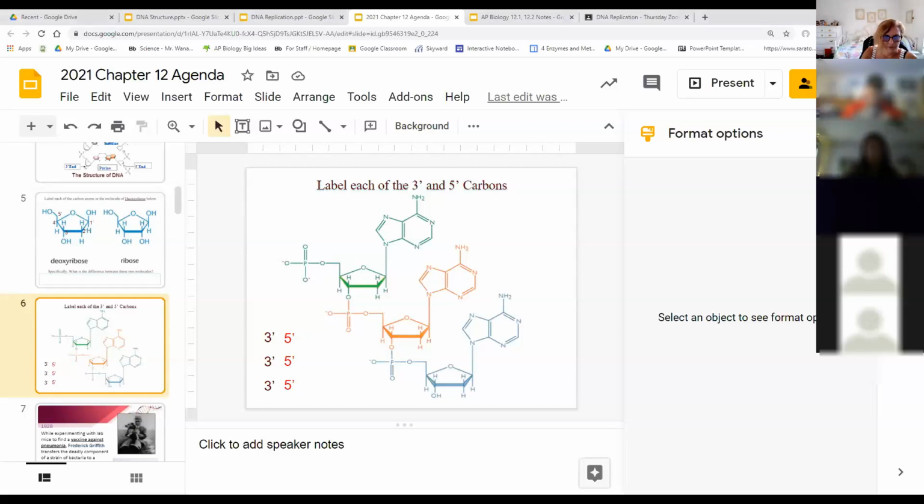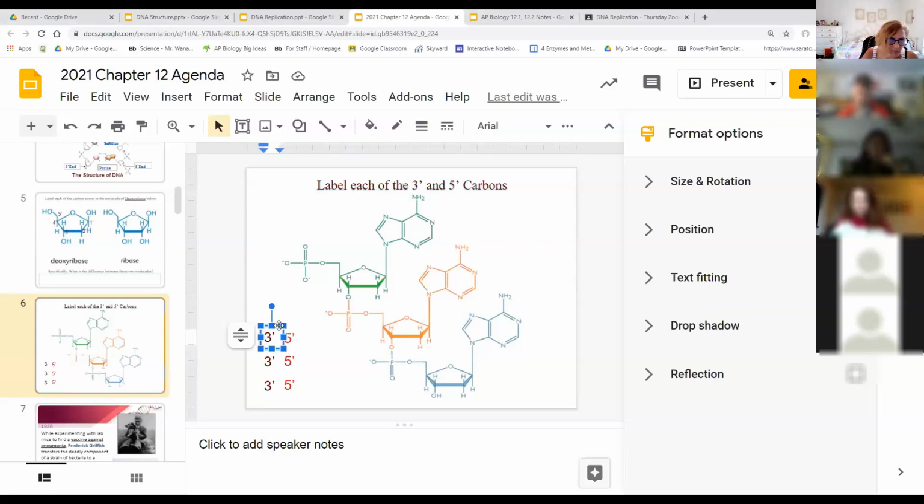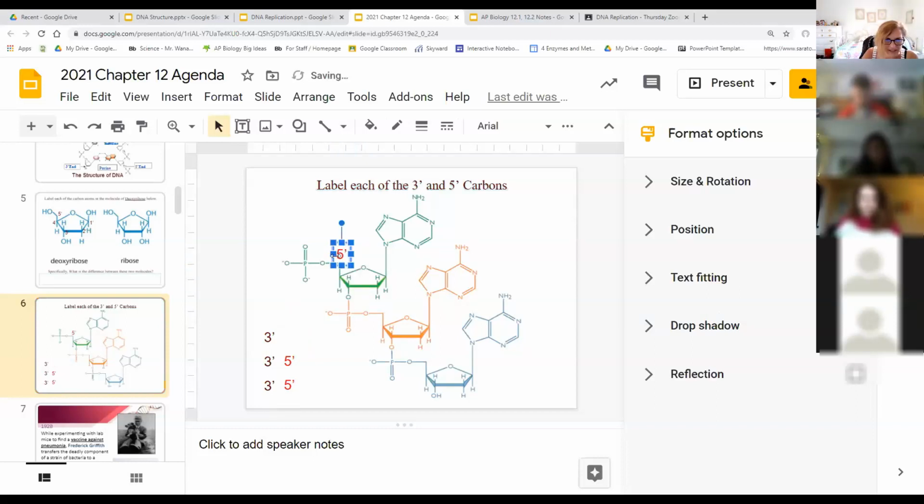And I'm going to scroll through to see timing wise where I'm at. I can also see if you guys are on the right track. So I think we all got where the 3' carbon is, or oops, that's a 5 that I grabbed. So let's move that up here. It's at that connector, right? And the 3' is there, and I could keep going. I'm going to bring this one down here. So at the hydroxyl is the 3',